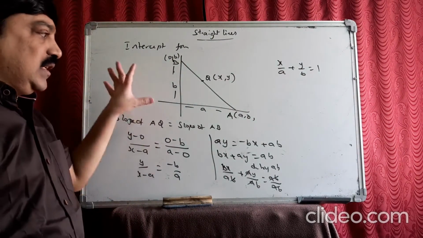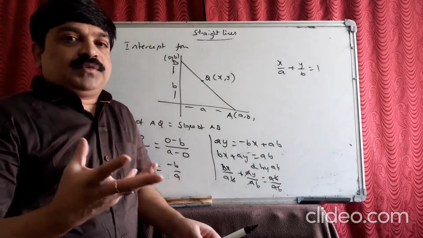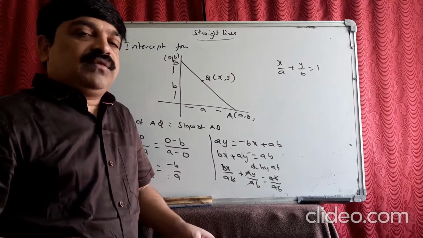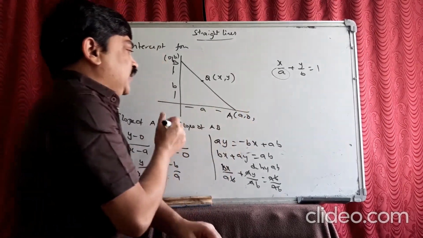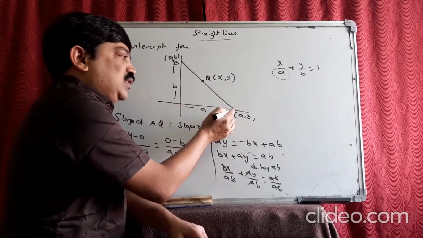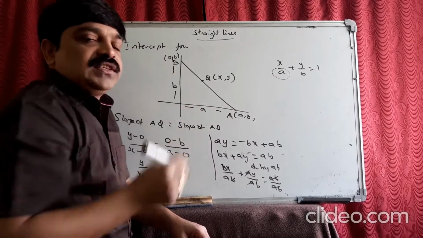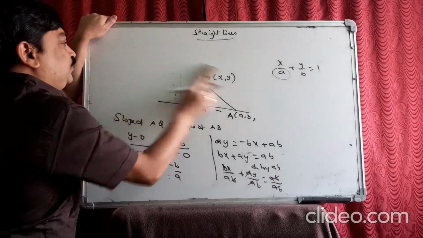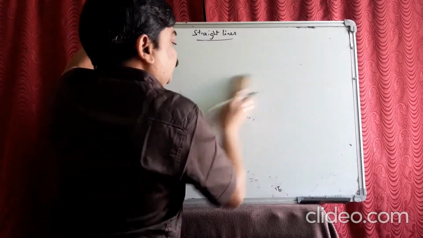So actually these derivations are not required, but if you learn, then you will get some concept. So in x by a plus y by b is equal to 1, the equation looks like this. And a means the x-intercept, from the origin to the point of intersection on the x-axis, and from the origin to the point of intersection on the y-axis is taken as the y-intercept. Okay. Now the last form, which is very very important, that is the normal form.